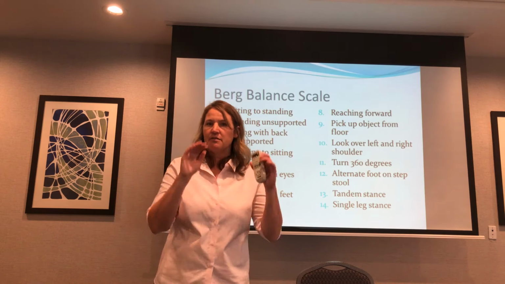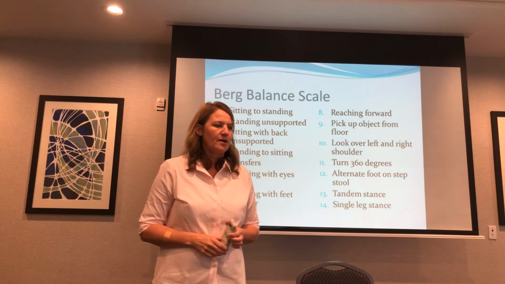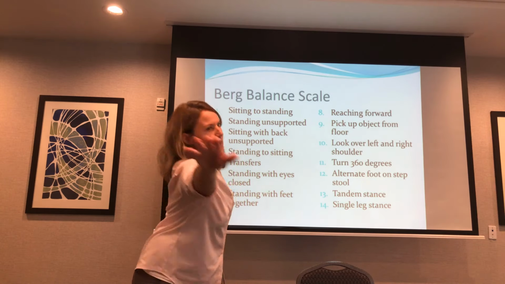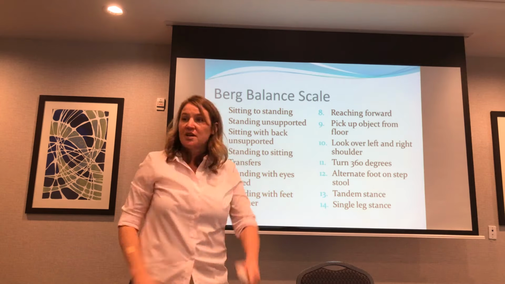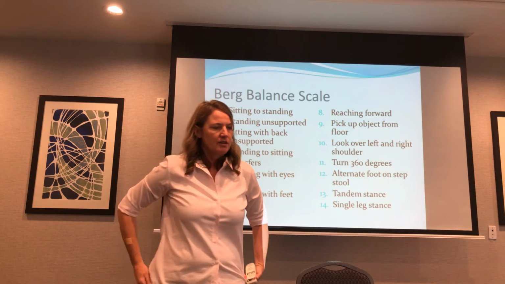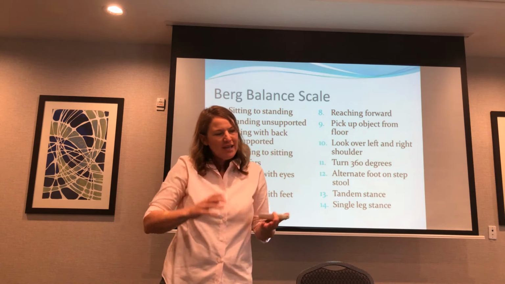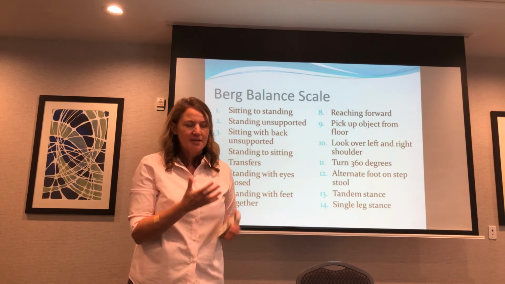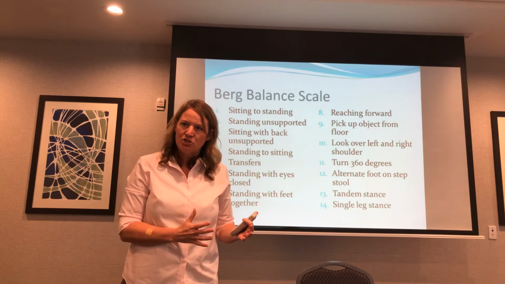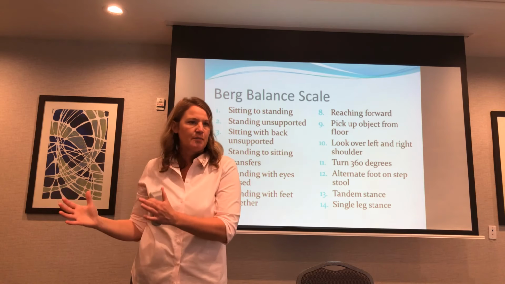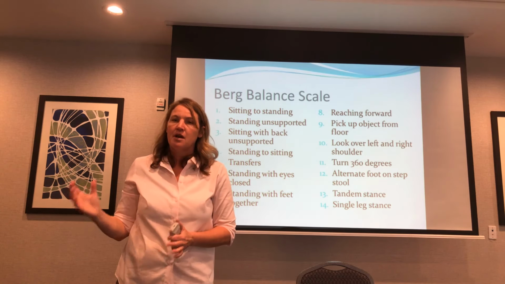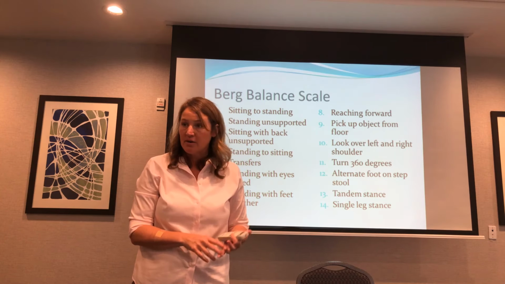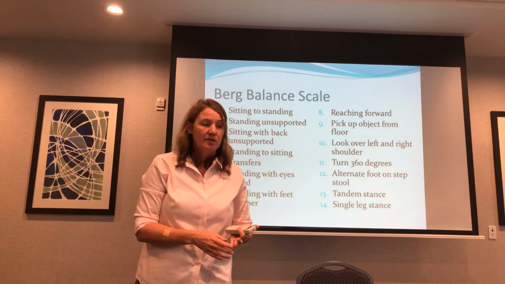Reaching forward, that's the functional reach that we just talked about. So you reach forward with an outstretched arm, and people will all try to go like this. They're all going to try to do something they're not allowed to do. So you've got to measure, and ask why can't they do it? That's the big thing to me, it's not the number. The number, yes, is going to be an objective measure to start with, an objective number to prove that what we did is working. But the reason why is going to help me figure out what to do to make them better, in order to guide the care.